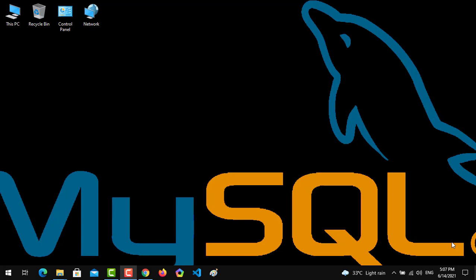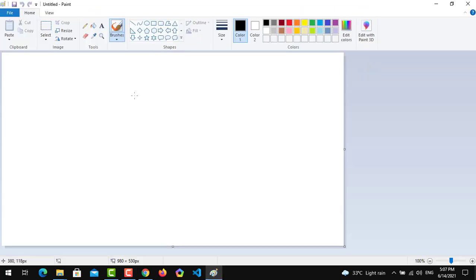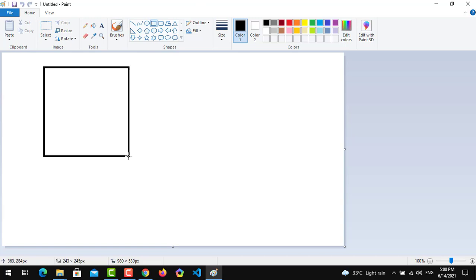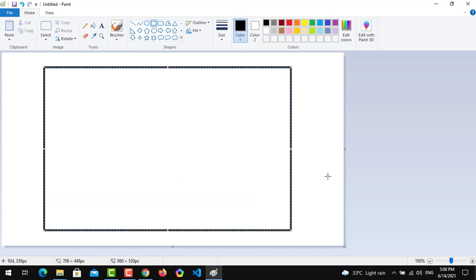So let's get started. First we have to look at graphically what I'm talking about. If we have a table that contains 3 columns: name, age and country.